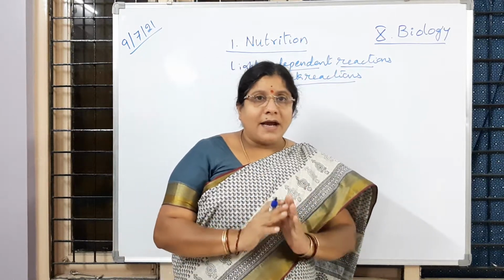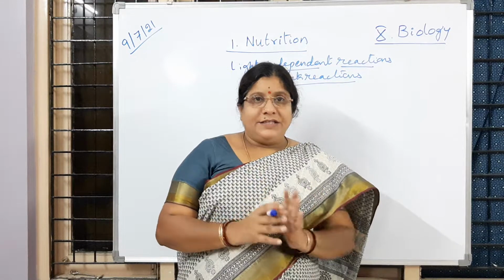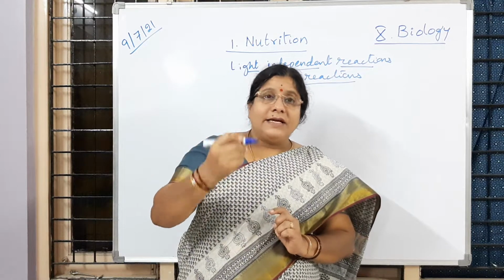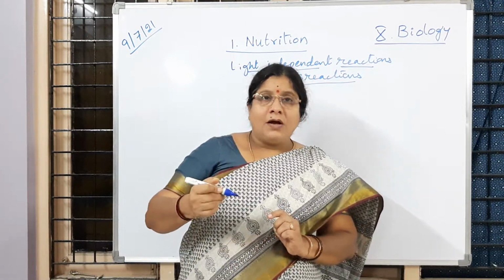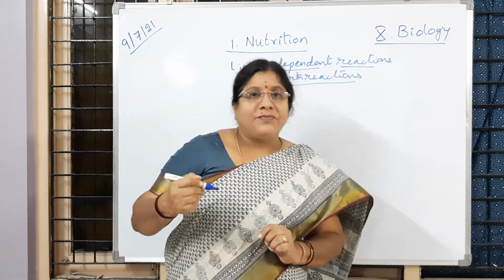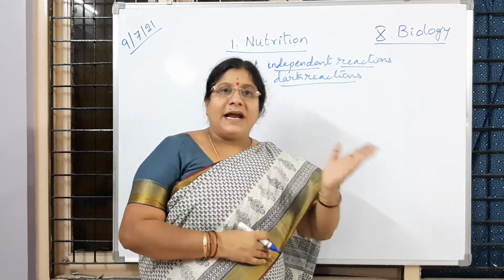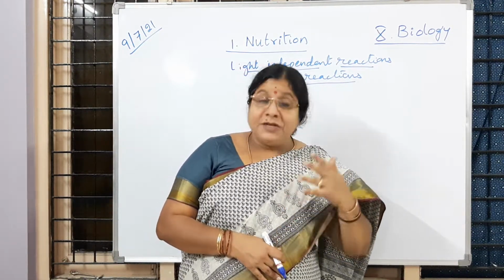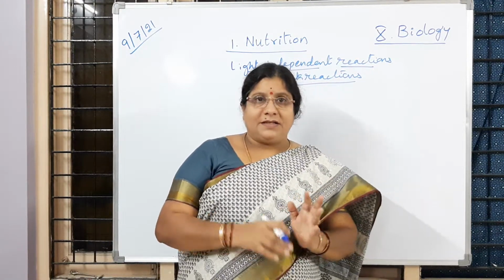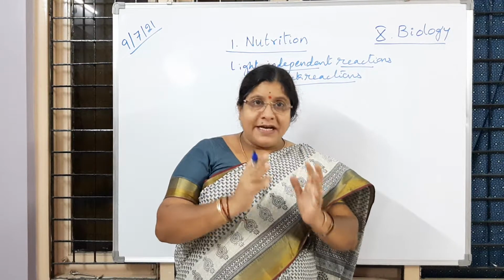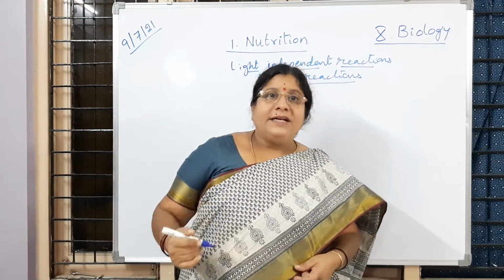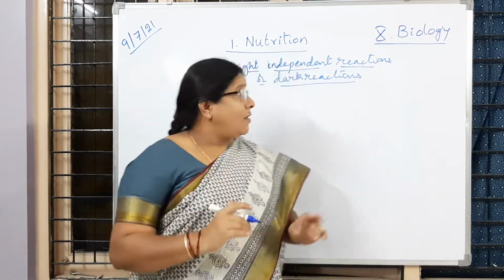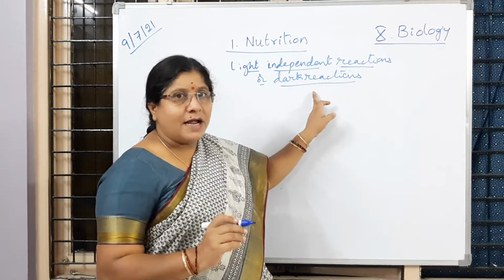The dark reactions are not in need of energy, energy meaning sunlight. Sunlight is not needed. Why? Because the energy needed for the different steps of photosynthesis has already been provided in the light reactions. As end products, we got the assimilatory powers, ATP and NADPH. So they have energy, and that energy is used up in the dark reactions. That's why they are called light independent reactions or dark reactions.